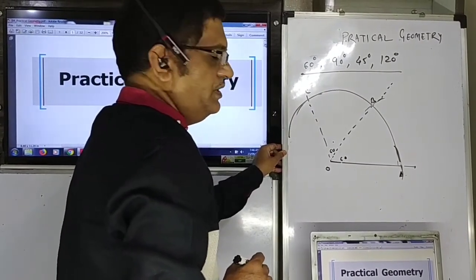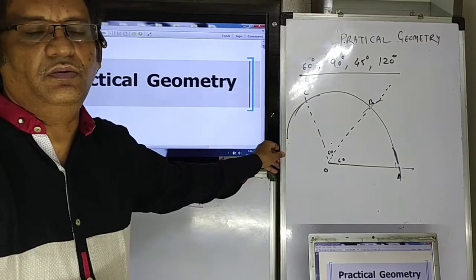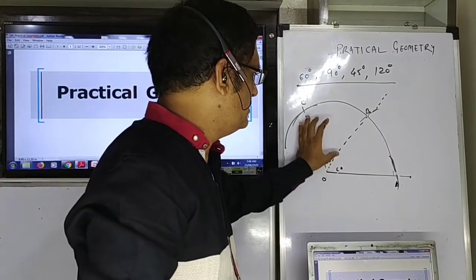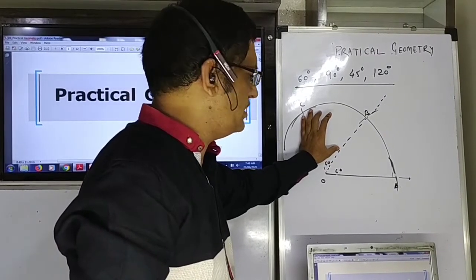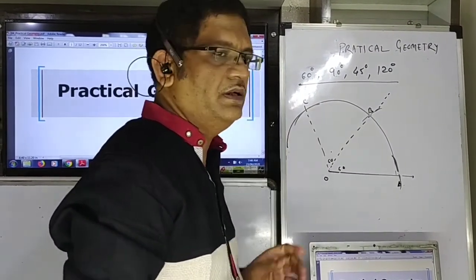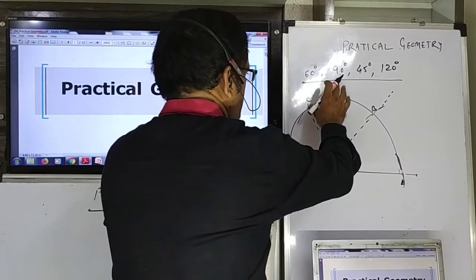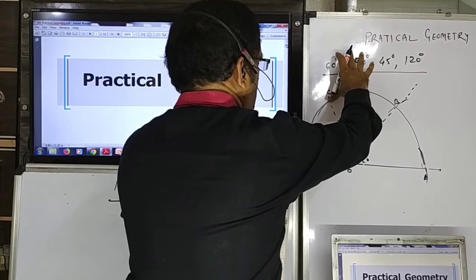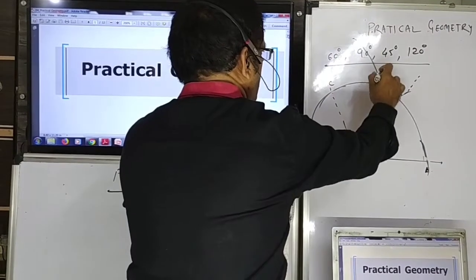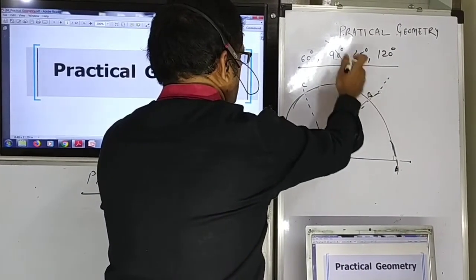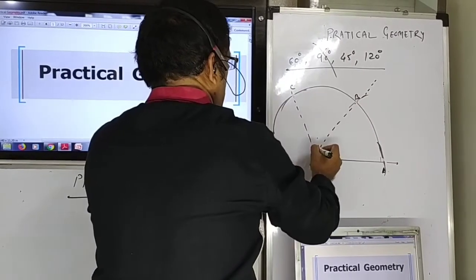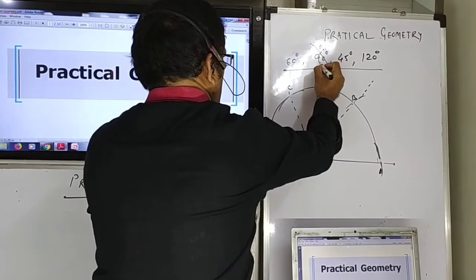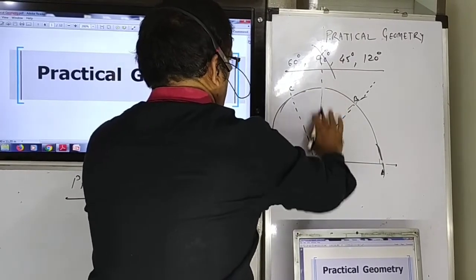Now what we do, you know the procedure how to draw angle bisector. This angle is 60 degree. If we draw the angle bisector of 60 degree, then 60 plus 30 is 90 degree. Take some radius in the rounder and draw one arc here with center B. Draw another arc here. Now join this O and let us say this P. Join this OP.